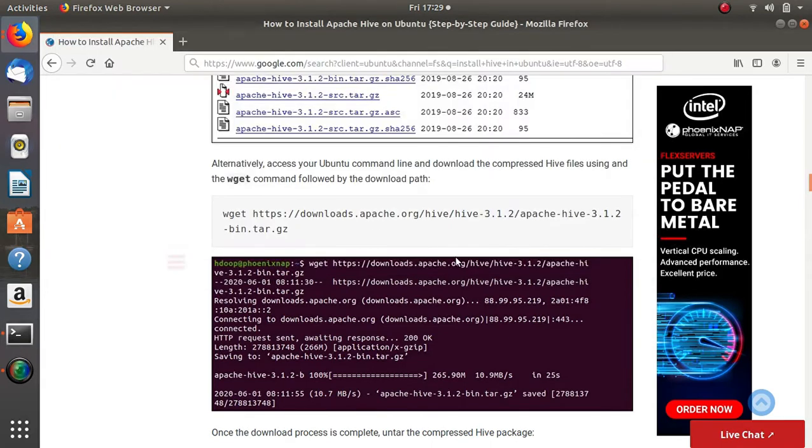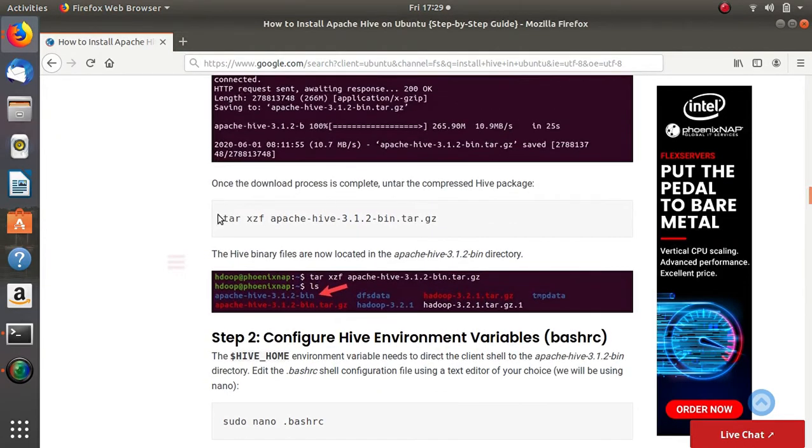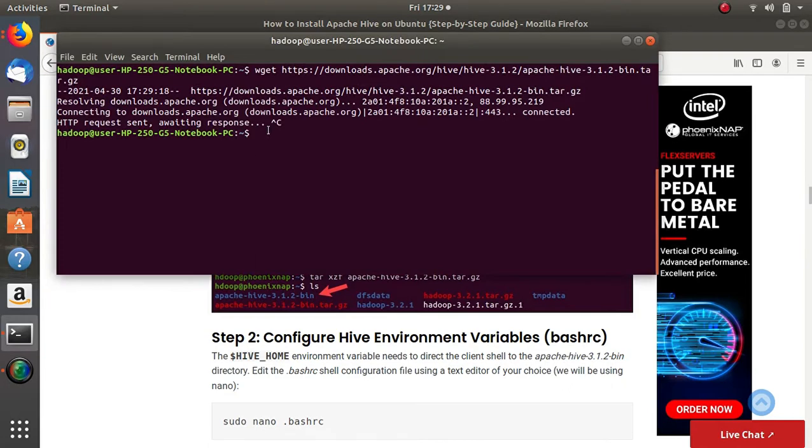Since the file is a tar file, we need to untar it. By using this command, tar xzf and the name of the tar file, I'm just copying it and untarring the file. Paste it in the terminal and just press enter.